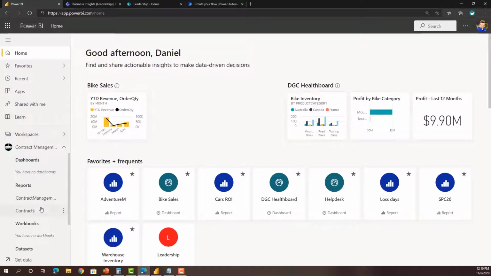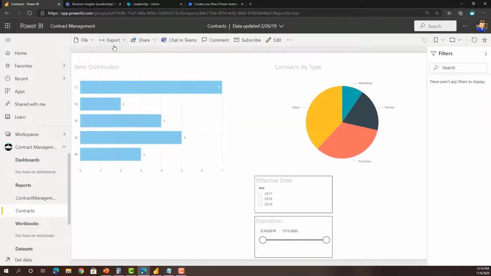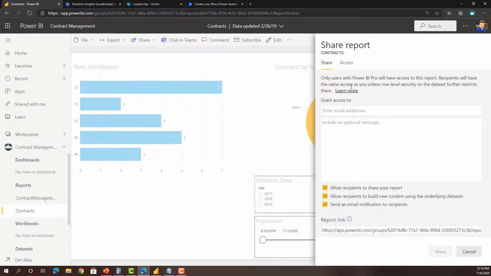Let's go back to that report, and I'll show how, instead of exporting, we can share. So we can share this report. We click on Report. We can enter the person that we're looking for, and this is going to do a lookup in Azure AD for this person. So let's share with Lisa James. We can include a message about this report is great. We can share, and this is going to send an email to Lisa James telling her that she now has access to this report. And then I also have some options down here.